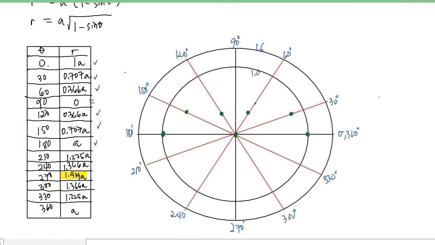Okay. Pagdating natin ng 210, siya ay 1.225. So, lumampas na siya doon sa 1. Dito na siya. Tapos, sa 240, 1.36. So, mga dito na siya banda. Tapos, dito sa may 270, siya ay 1.4, no? Hindi siya nakarating ng labas kasi 1.5 itong pinakalabas natin. Tapos, 1.36 ulit siya. And then, 1.225 ulit siya. Tapos, babalik siya ng 1. Okay. Kung i-graph na natin to,